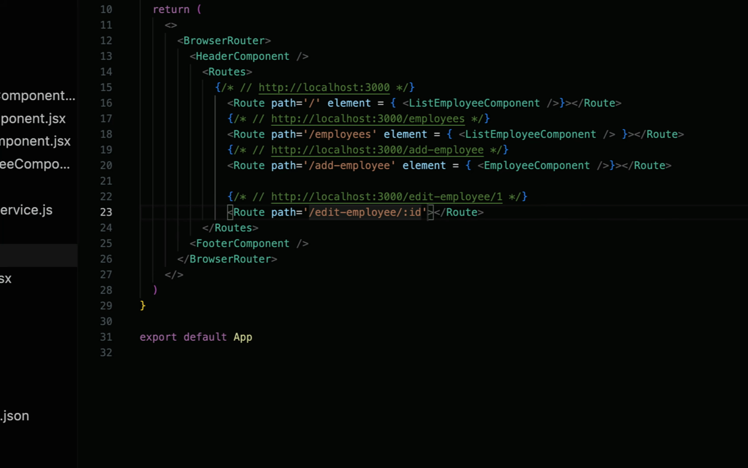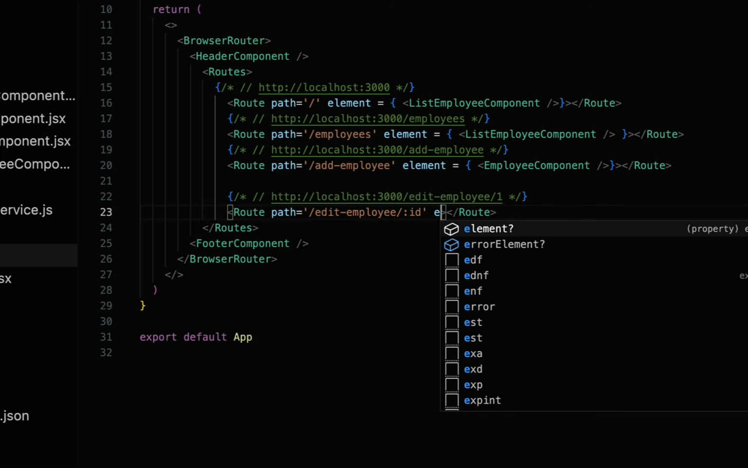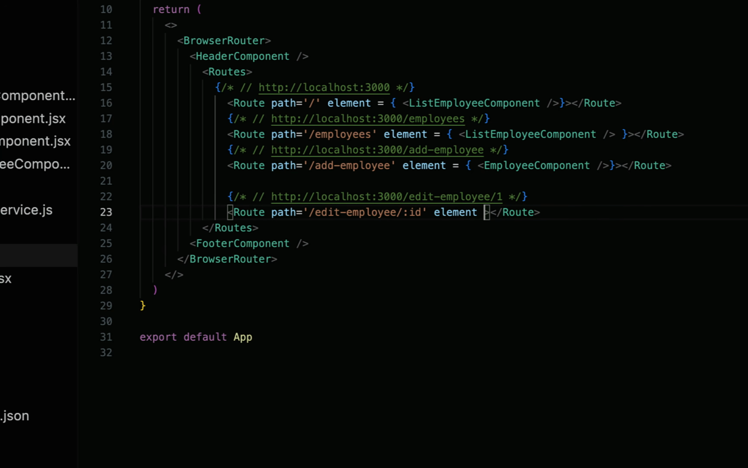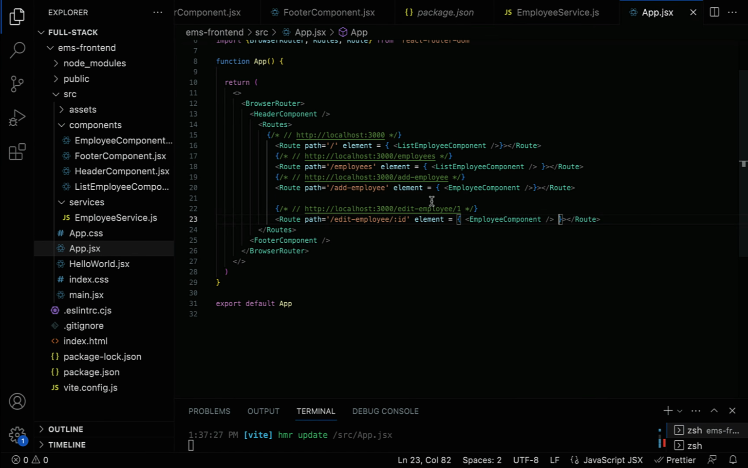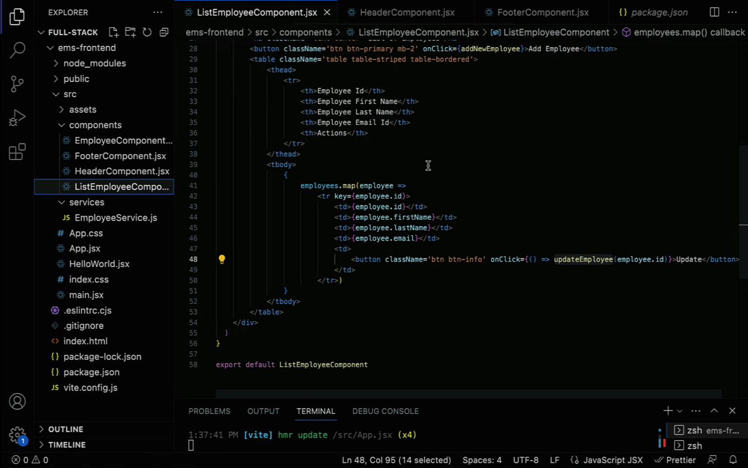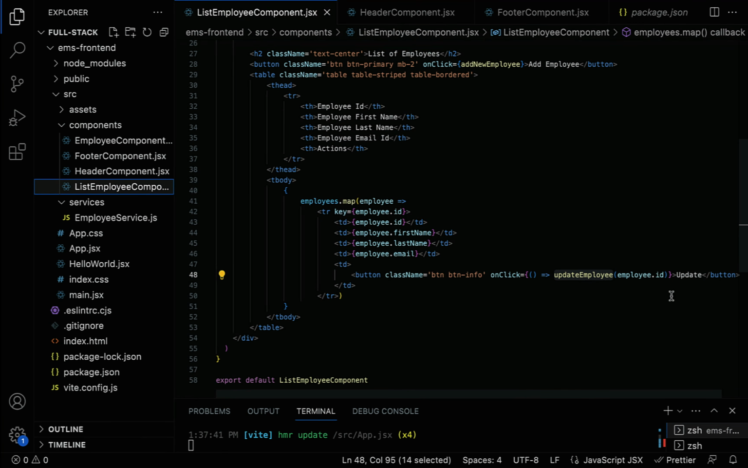:id, and next let us use the element property to configure the component. So within curly braces just pass the component, that is the employee component, and close it. Okay, so whenever the user hits this link in the browser, then the user should navigate to the employee component. Alright, perfect. Next let us go to the list employee component over here,